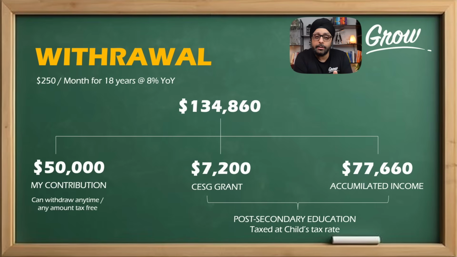So they don't care how you use that money, but they do care that you are using it towards education-related expenses, and you are using it reasonably while you are studying. It cannot be that you are not studying and you're taking the benefit. That's very important to note when it comes to taking out money from the grant and the accumulated income.